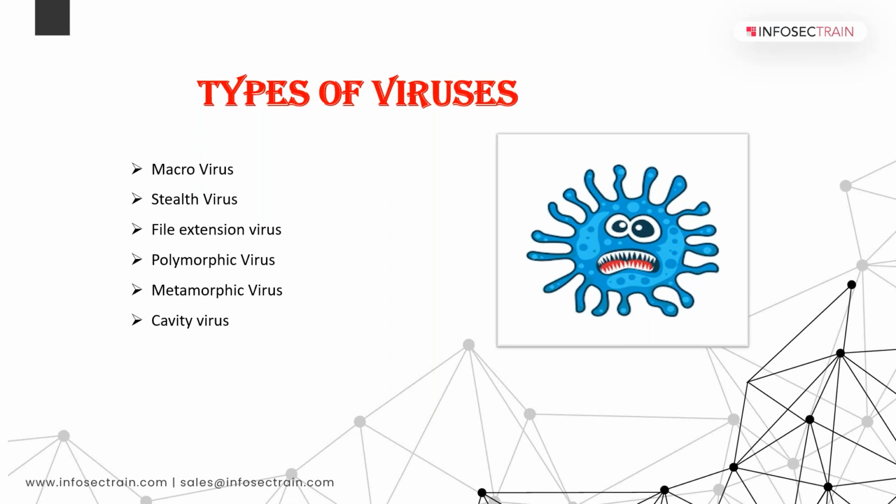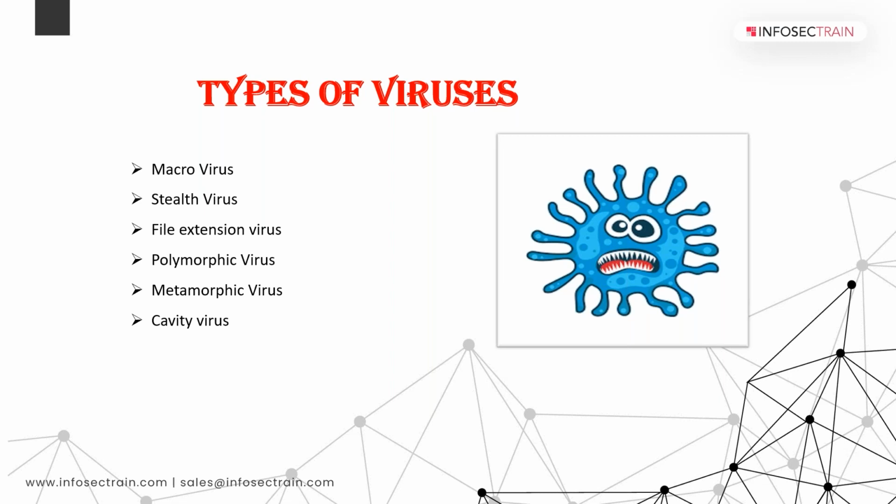And when it comes to the stealth virus, as soon as our antivirus detects it, it will hide behind another one that is detected. It will hide behind the legitimate program. So that is the stealth virus. And the file extension virus affects particular extensions, let's say .pdf and .exe executable files. It will target particular types of file extensions.